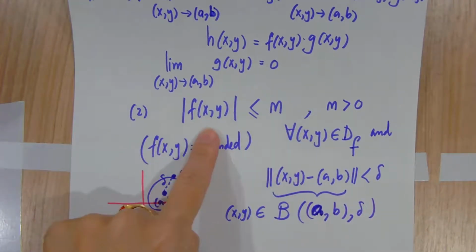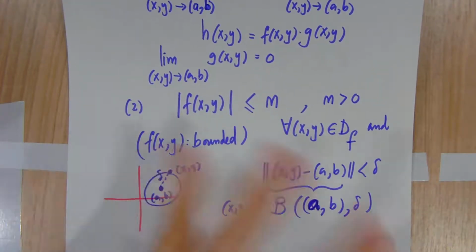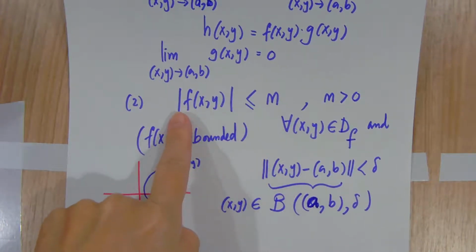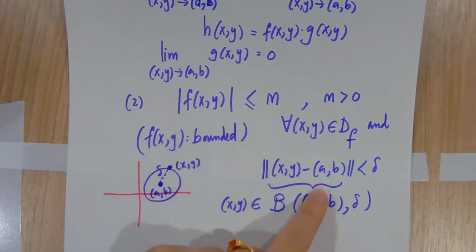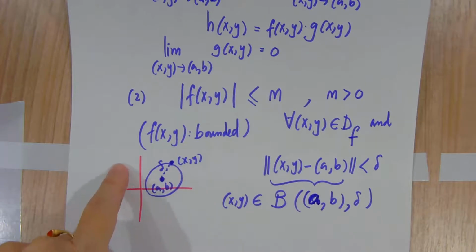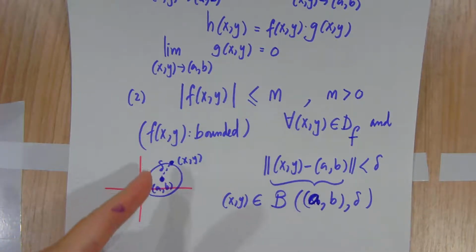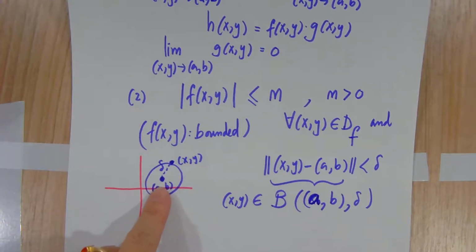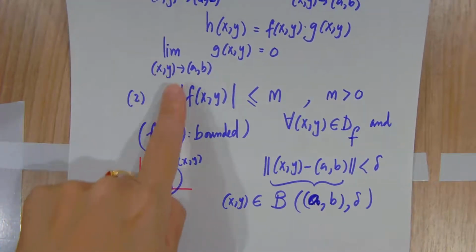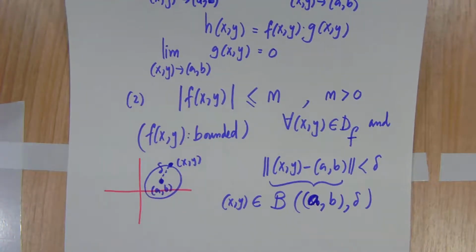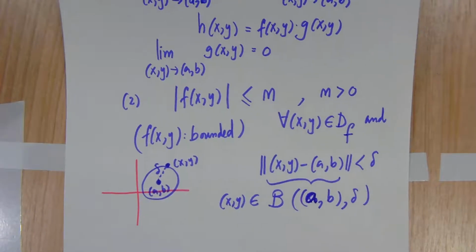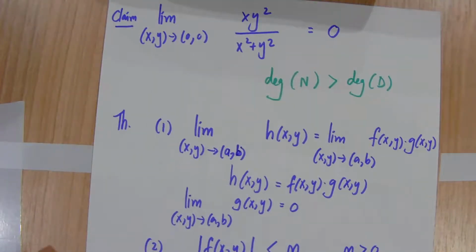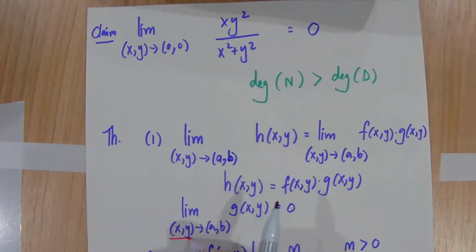So we have to check every point x, y in the domain of the function f, and the point that is not too far away from the point A, B, which means the limit as x, y approaches the point A, B, okay? So if we have these two conditions, this is the one, and this is the bounded,